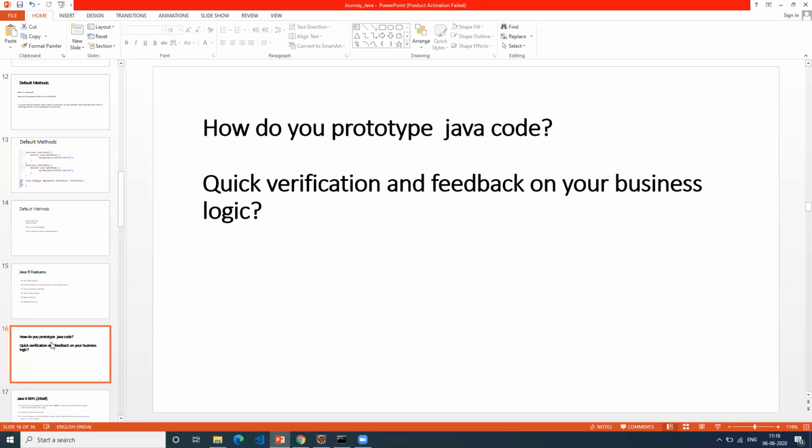Anybody wants to answer for this? Hello. I think we have 17 people. At least I expect one or two percent to answer this question. This is the beginning of your understanding of the concept. I'm just putting some questions in your mind so that you should know the Java 9 features that got introduced. What will you do if I ask you to implement a calculator application? What is the first thing that you do?